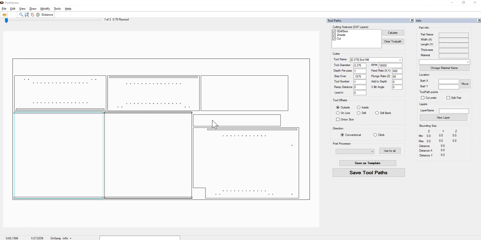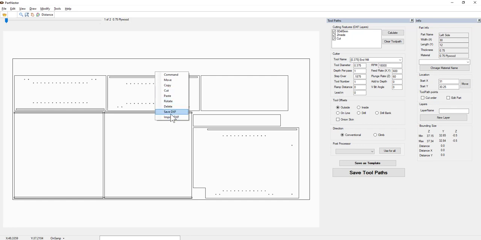So it could be the case that after you have cut, you've had some issues with part movement or some damage in the process of cutting, and you need to recut a single piece. We could extract that single piece from the nesting by right-clicking on the part that we want to recut, and